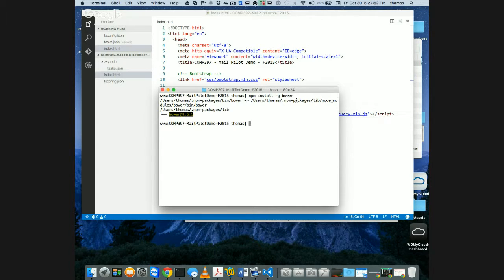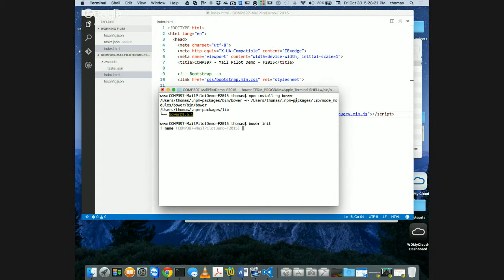What Bower does is it goes and fetches your code or any JavaScript files you need for you, but instead of it being put in a script file in your scripts folder, it has its own place that Bower puts stuff. It puts something inside a folder called bower_components. So in order for us to kick that off and make it work properly, as long as Bower is installed, you use the bower command, so bower init,